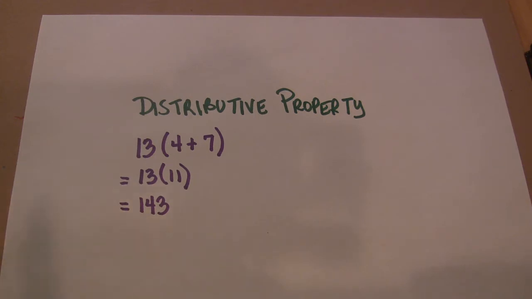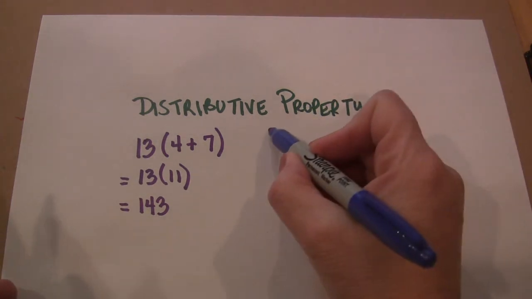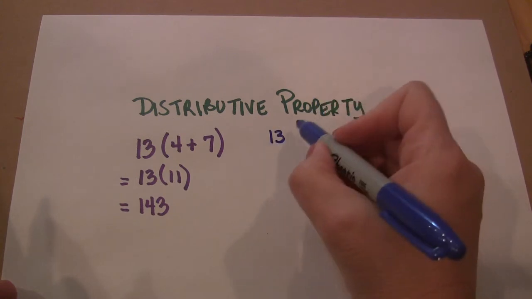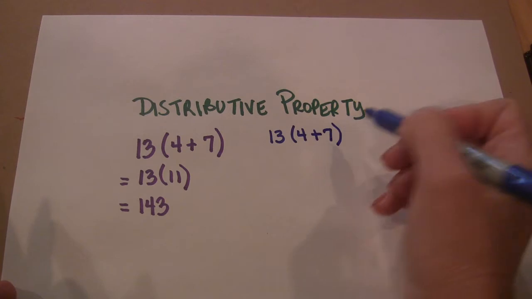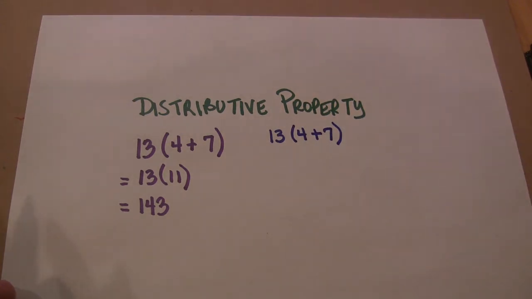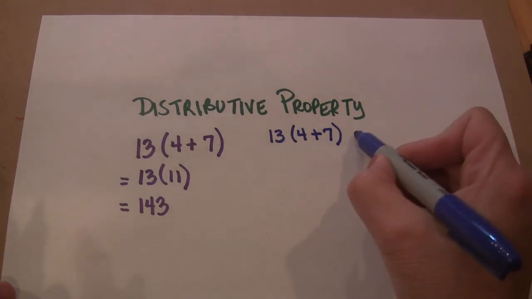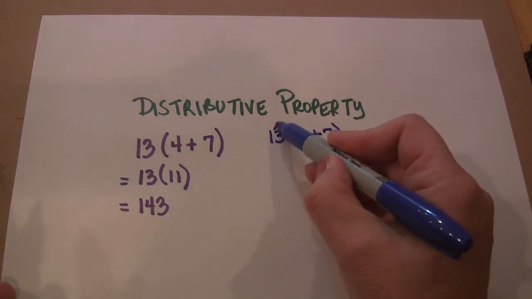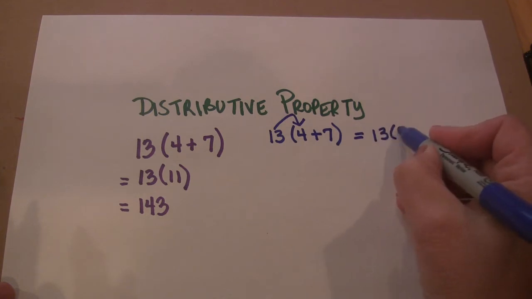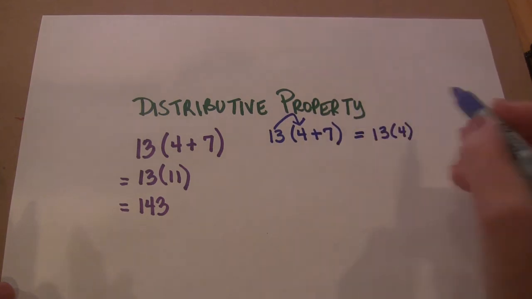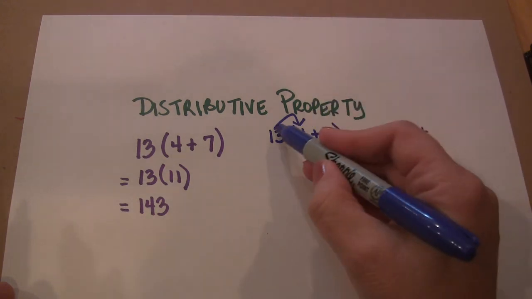Well, here's what you may not know, is that you can solve that same problem using a different technique. So I'm just going to rewrite the problem as 13 times (4 plus 7). But this time we're going to distribute this 13. So it becomes 13 times 4 and then a plus sign and then